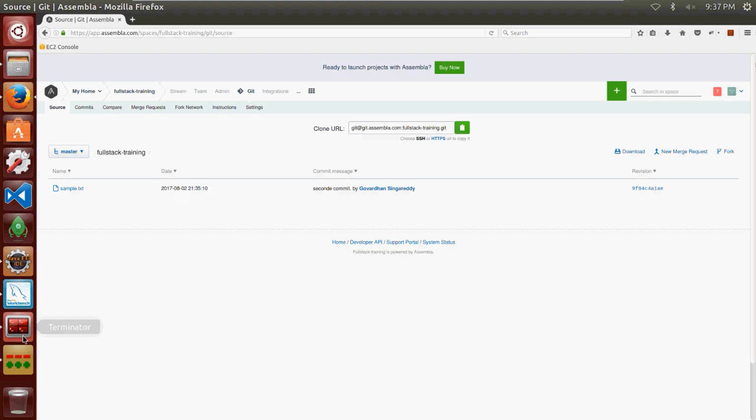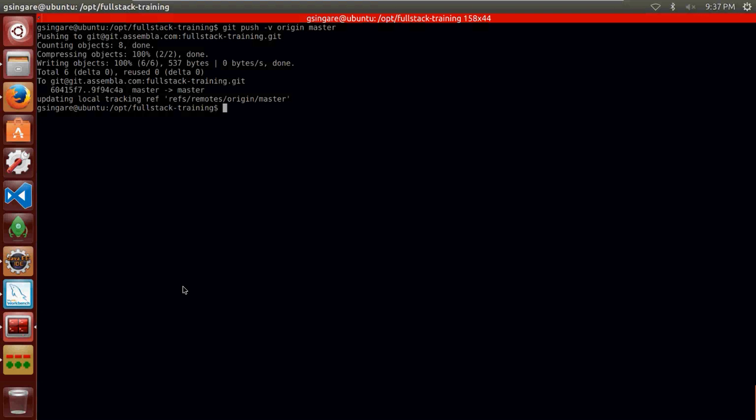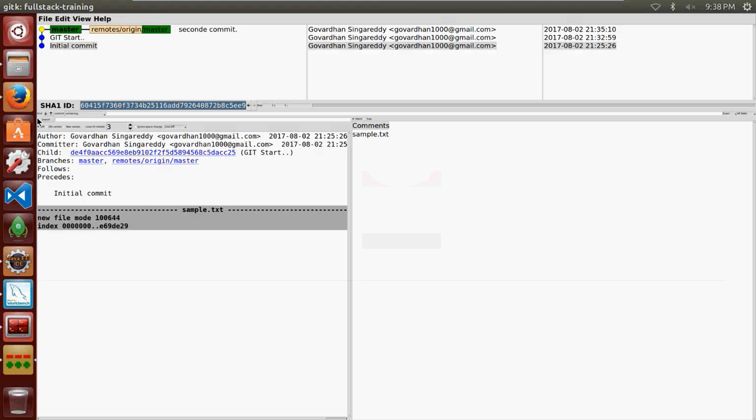Okay. So far you learned how you can start with a Git repository and how you can push your changes to the remote. Now, let's say my situation is, I want to stop this branch, create a separate branch, and